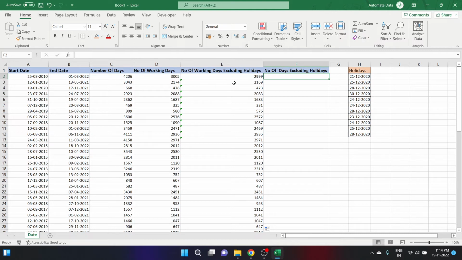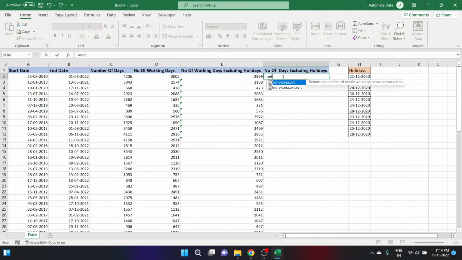So the day which you have as a weekend is very important when you find the data. So let's write here another function, is equal to NETWORKDAYS.INTL, that is this function. So it will return the number of all working days between two dates with custom weekend parameters. Let's see what it is. Let's double click and select it, and as usual let's select the start date, comma, the end date,